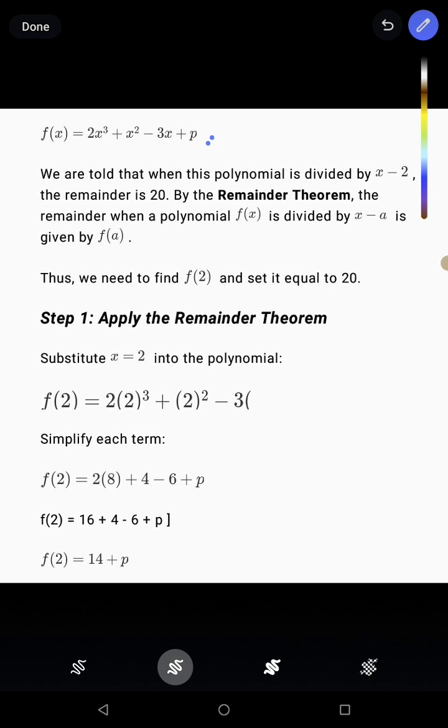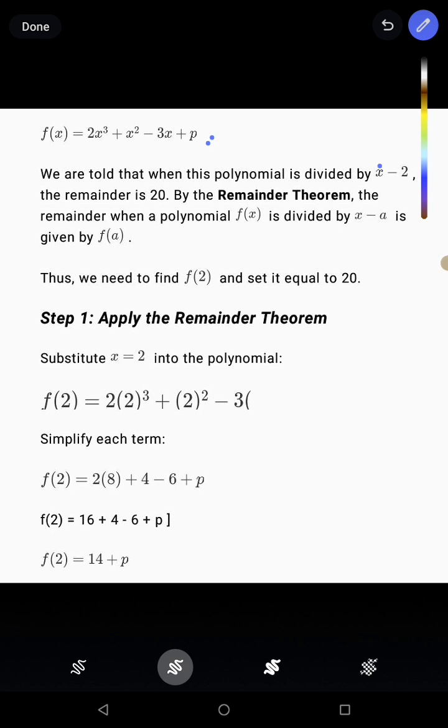Very simple. That is, when you substitute a for x, anything you get will be the remainder. Instead of doing the long division, the remainder theorem makes it easy for you to get the remainder without going through that long division process. Are we together here? Provided your polynomial is divided by a